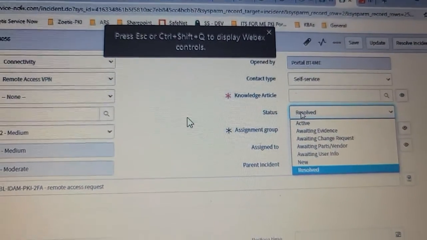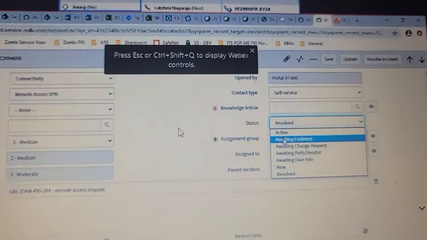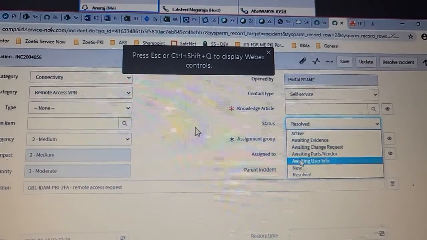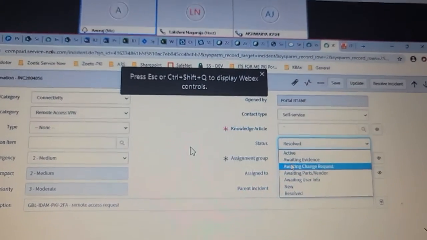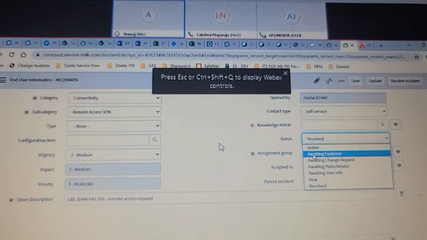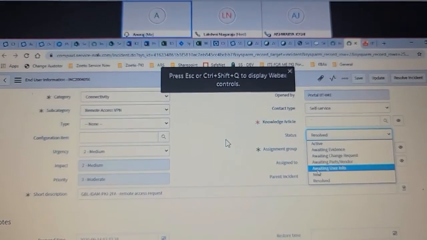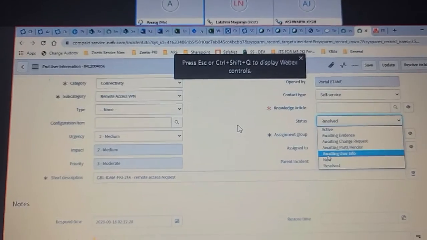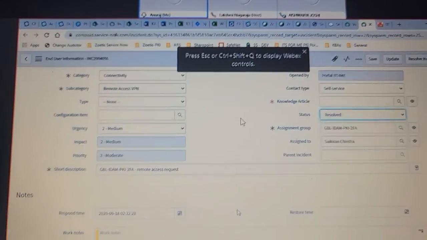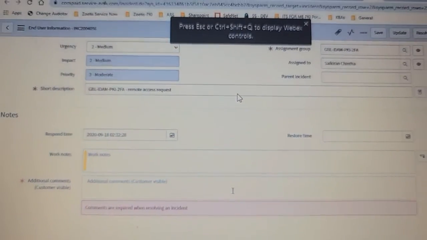Now you marked it as request, right? These are the other states in which we will keep incidents in these queues. There are some specific reasons why we will keep incidents in these. It's like the clarification email.